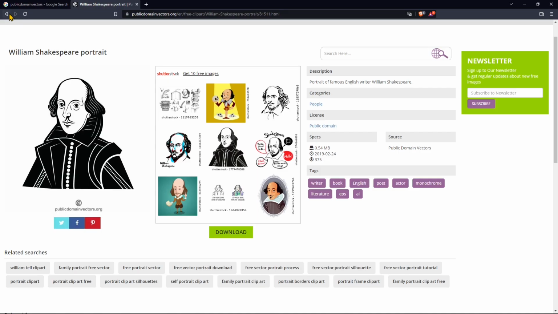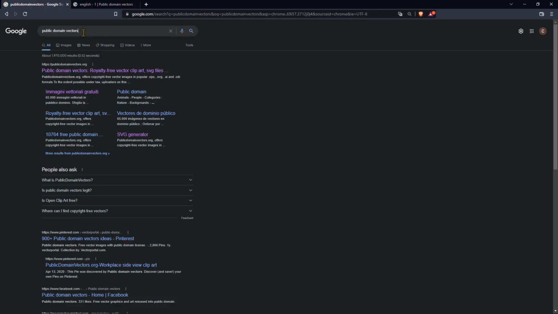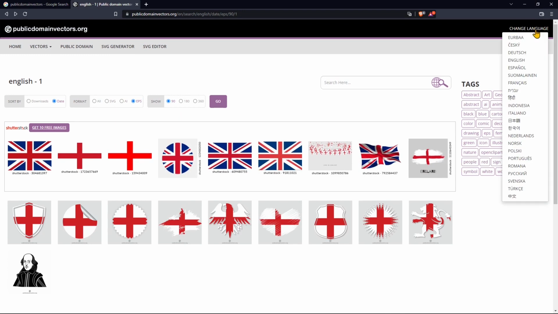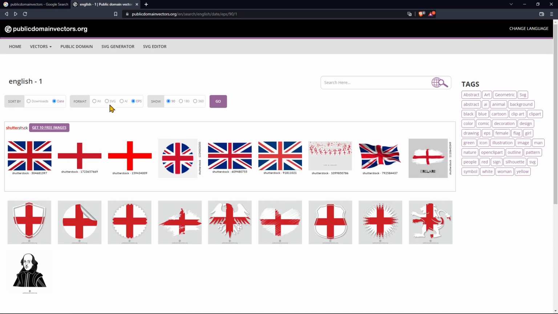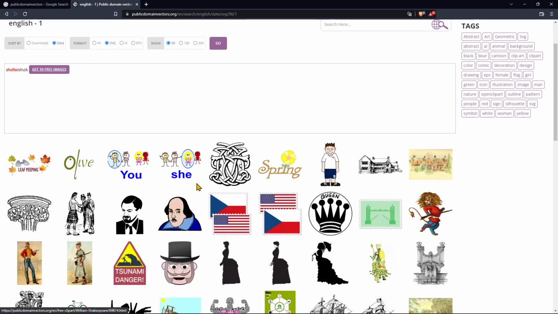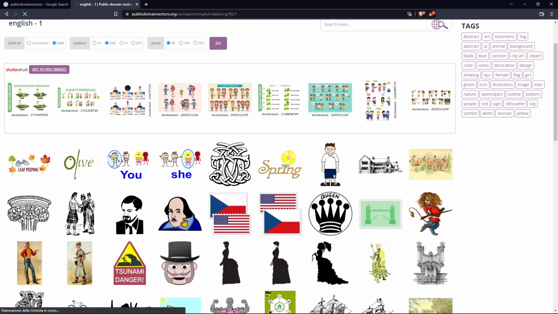Now let's make just another one, and you can just find the website by searching public domain vectors, by the way, first link. You can also change the language from the top right corner, so you can use your own language. I'm also gonna select SVG, which I think is the most compatible and versatile of the formats. So I'm gonna do another search here by clicking on Go, and well, let's again use this Shakespeare graphic,